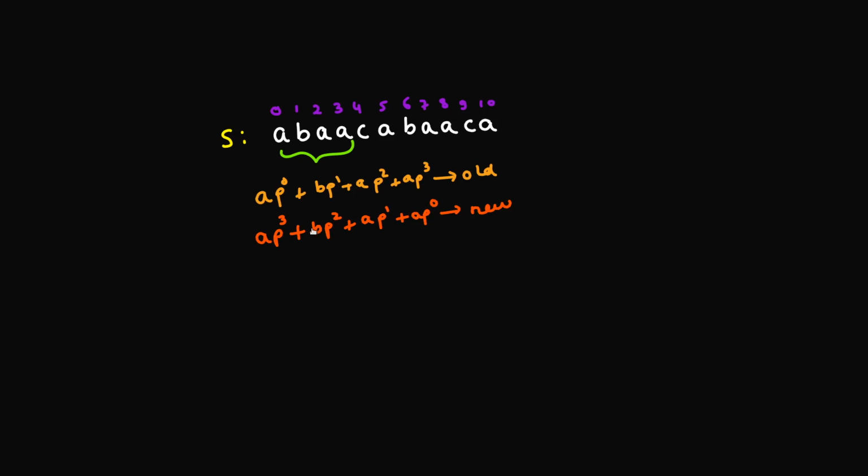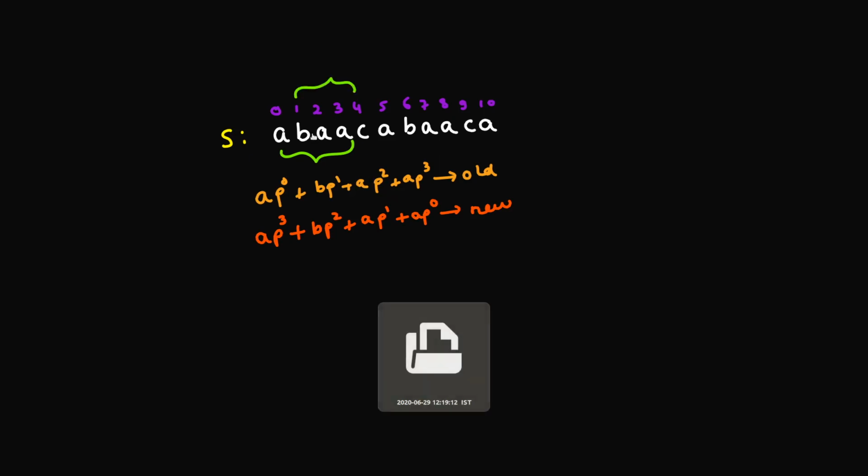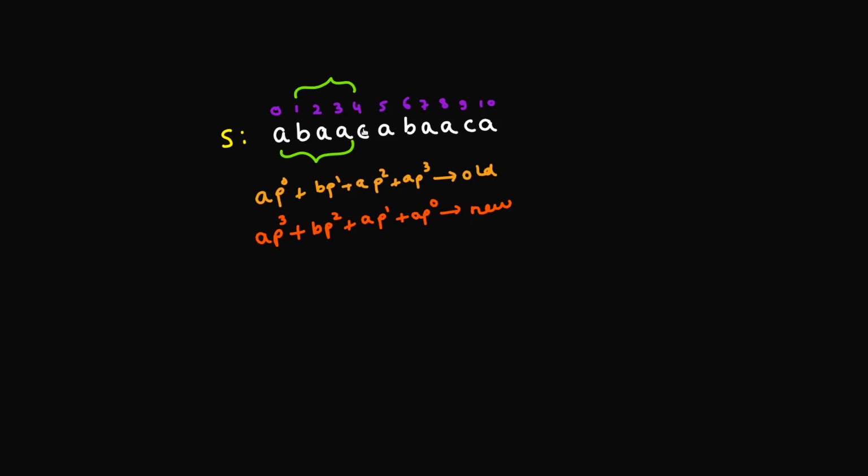Okay, now what is the advantage that we get when we have this kind of hash? The advantage is you don't need divisions anymore, and the reason is something like this. For example, consider you have to obtain the hash of the next substring, which is BAAC. Since this is a sliding window, I would like to make some modifications to the hash that I had before, and I want to obtain the hash of BAAC.